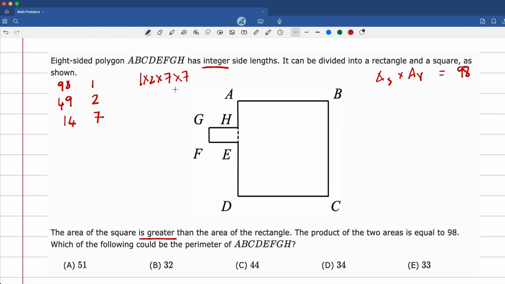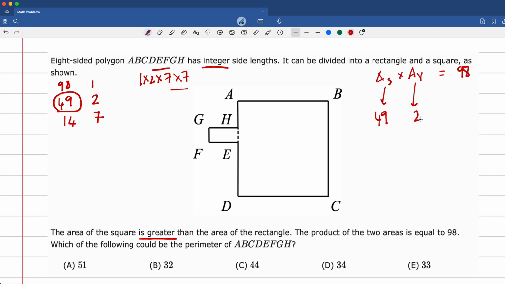So I can combine 7 and 7. I can combine 7 and 2. I can combine 1 with the rest of them, or just 2 with the rest of them, or just 7 with the rest of them, and I pretty much get all of these factors. So the only possibility where you have an integer number which is a perfect square is when you have 49. So you can conclude that the area of the square has to be 49 and the area of the rectangle